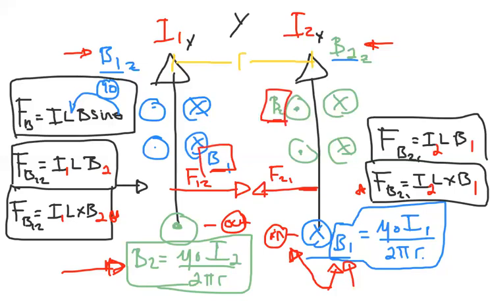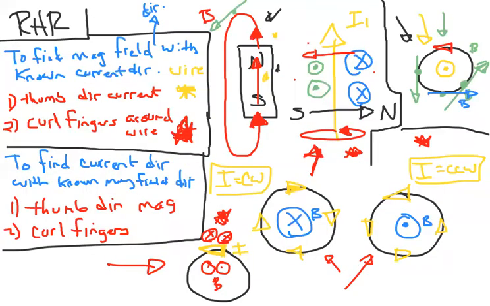Well, what do we see with these magnetic fields? We see that B1 is into the board, and we see that B2's coming out. So they're in opposite direction. And what did we say? I don't know if you remember, but over here at the very beginning, that directionality kind of means something. So if they're in opposite direction,